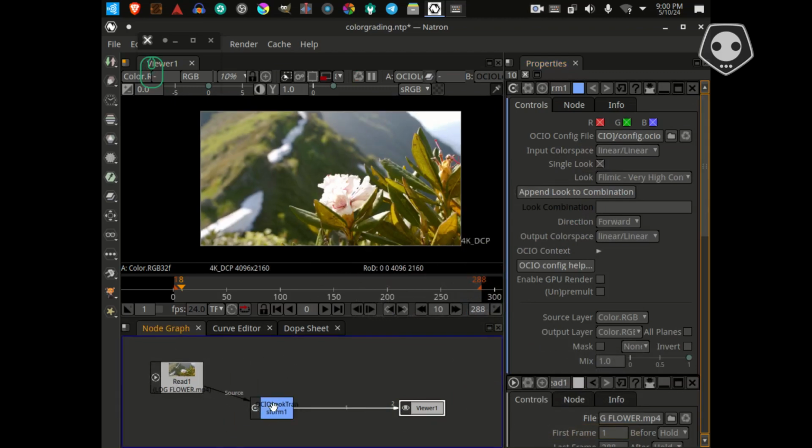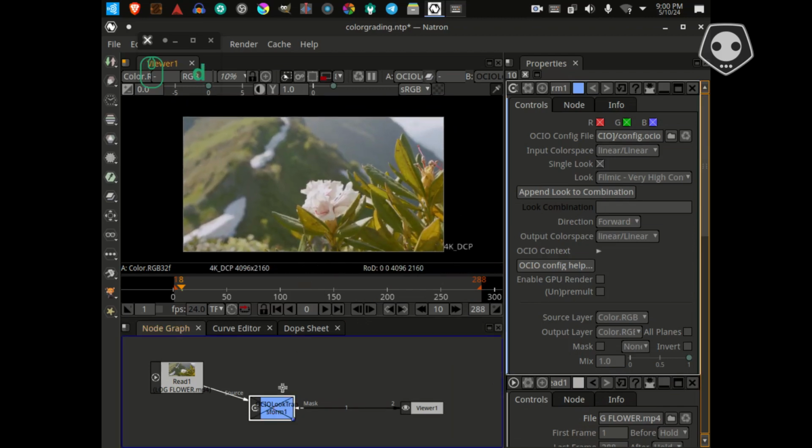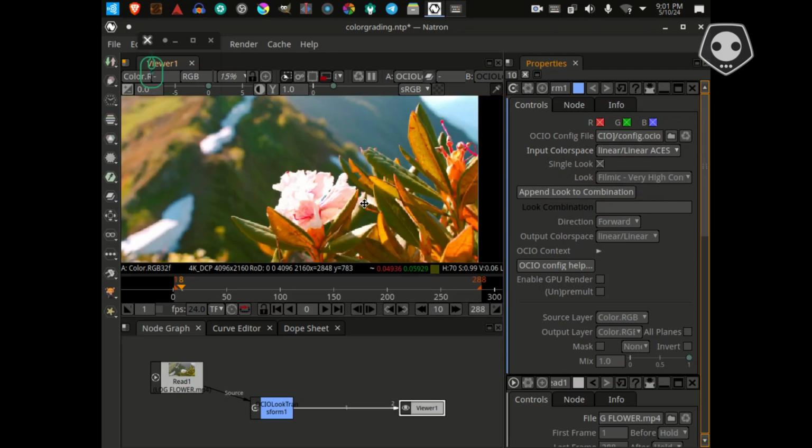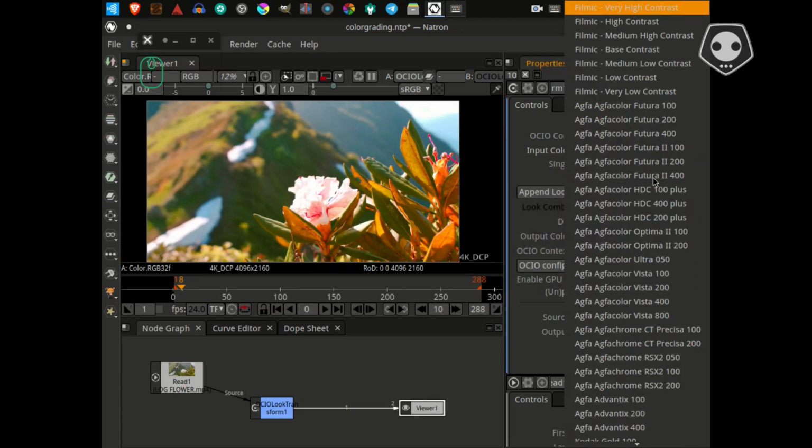If I deactivate this one, you can see here. I want to change something from here. First I want to change from linear to linear access, and next I want to change